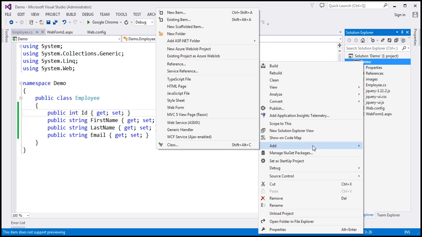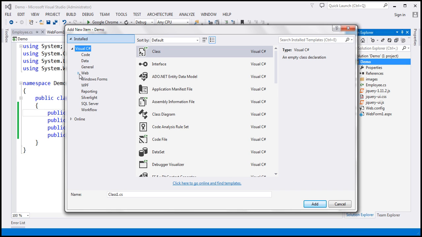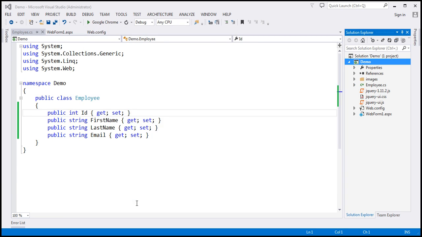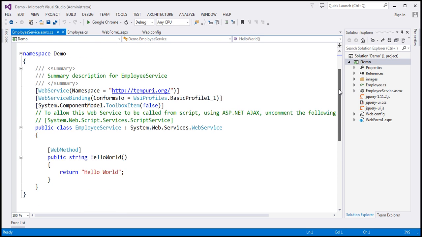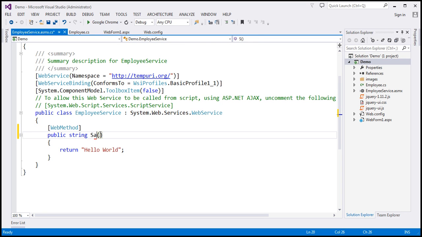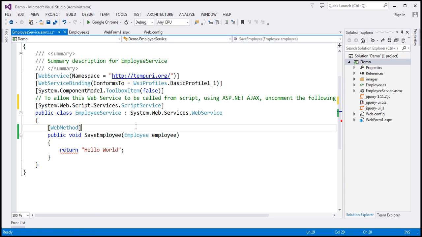So let's right click, add a new item, and we want to add a web service, and let's name this web service EmployeeService. And this EmployeeService is going to have 2 functions. The first function is to save employee data. So I'm actually going to change the name of this function to SaveEmployee, and to this function we need to pass the employee object that we want to save. And this function is not going to return anything, it's just going to save the employee that we provide to it. And we want this web service to be called from script, so I'm going to uncomment this ScriptService